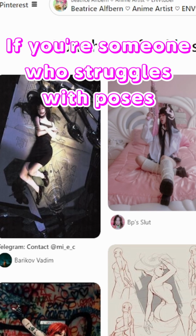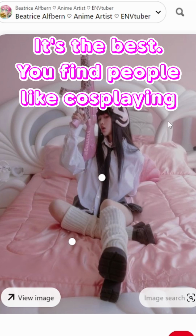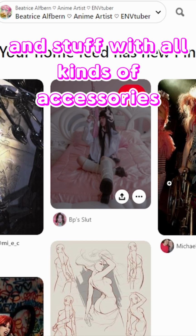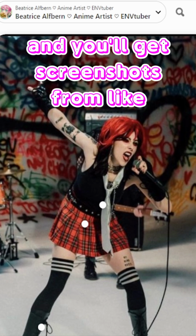If you're someone who struggles with poses, I highly suggest using Pinterest. I feel like a lot of artists will tell you to go here, but honestly, it's the best. You find people cosplaying and stuff with all kinds of accessories and outfits. Like this one has a wheelchair and crazy cool hair, and you'll get screenshots from music